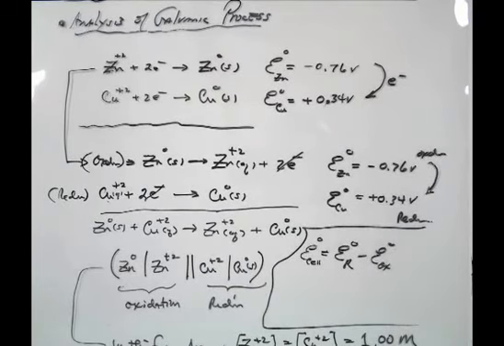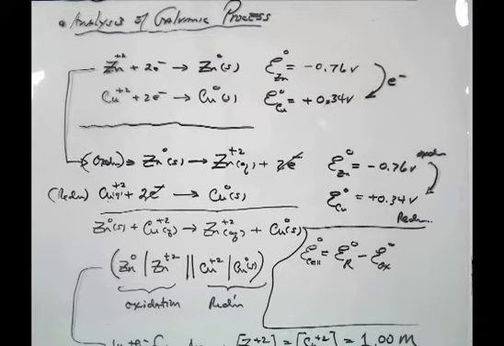Listen, what have I said? Row you boat. Reduction minus oxidation. Simply substitute the values that are from the table. You don't change any of the signage. This is why I don't like changing the signage. If you use this E reduction minus E oxidation, it minimizes the number of changes that have to take place. So you substitute and you change the signs and do whatever you have to do and make your